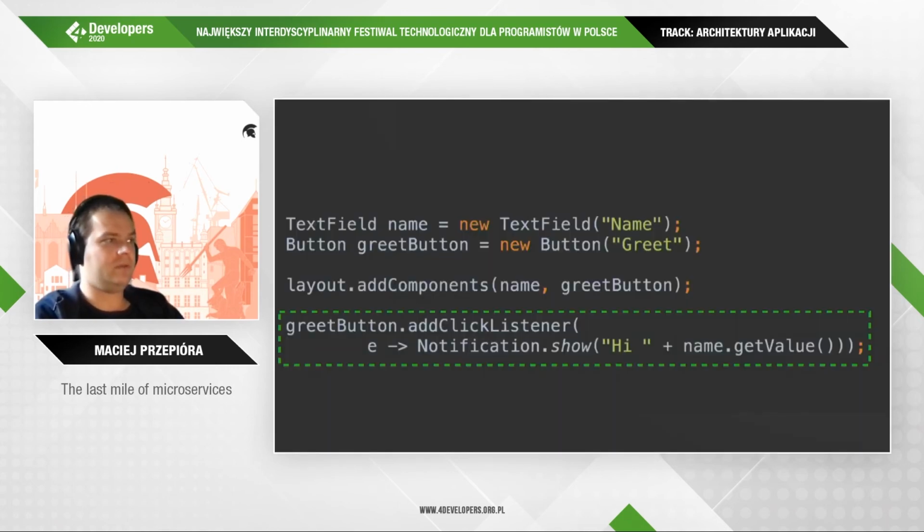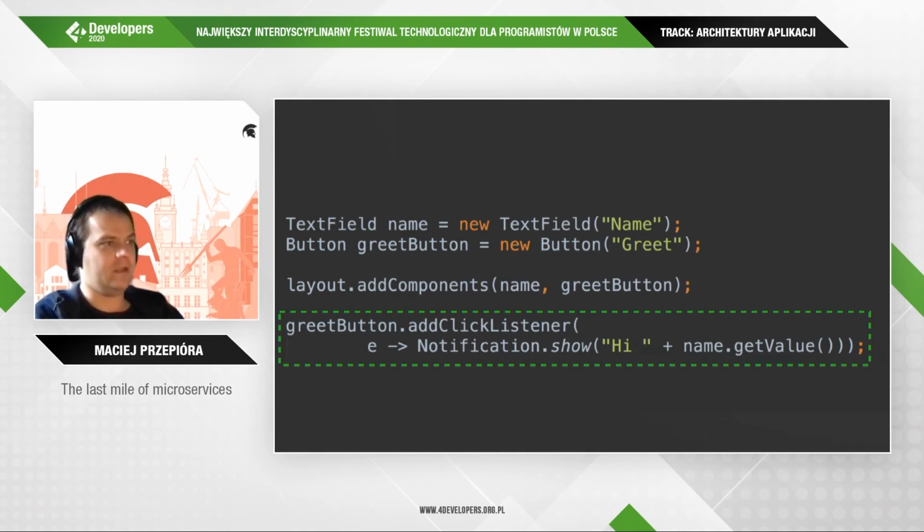And that's how the click listener on the server side is invoked, right? Because we added a click listener, and the framework knows that we got a request from the browser saying this button was clicked, so we now need to